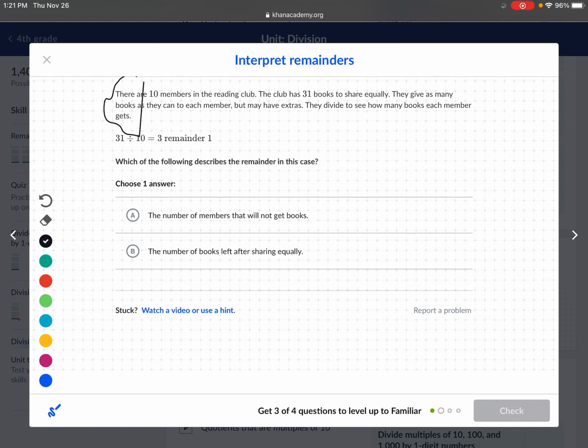So what the question is, which of the following describes the remainder in this case. So we have to see if the remainder is the members that will not get a book or the number of books